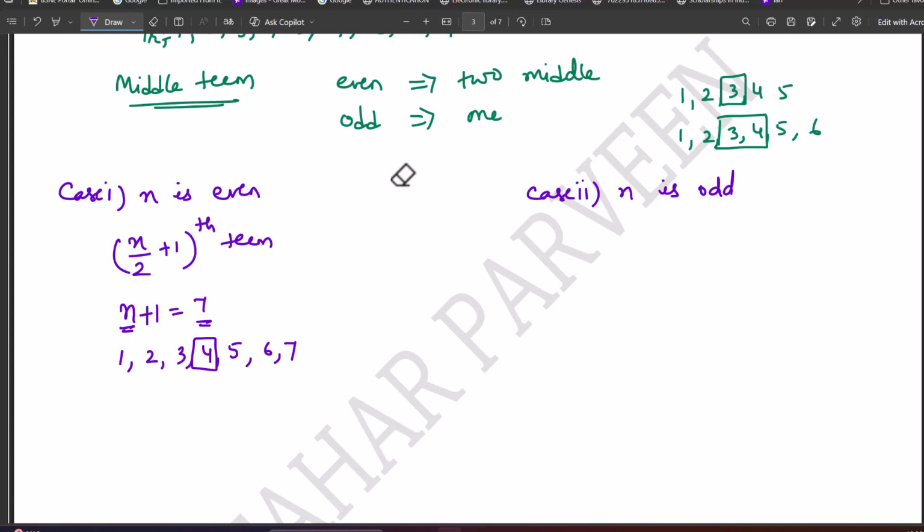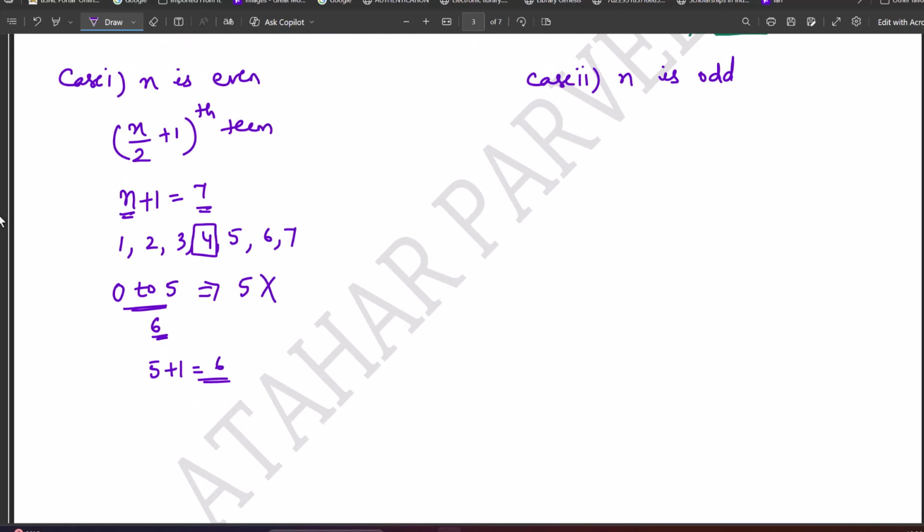Now one more thing you have to understand. If I say numbers 0 to 5 are there, how many numbers are there? Will you tell 5? No, right? You will first expand. You will write 0, 1, 2, 3, 4, 5. You will count and then you will say that numbers are 6 here. Actually, how did you get that 6? You actually added 1 to 5 to get 6. So that is what we have done here also.